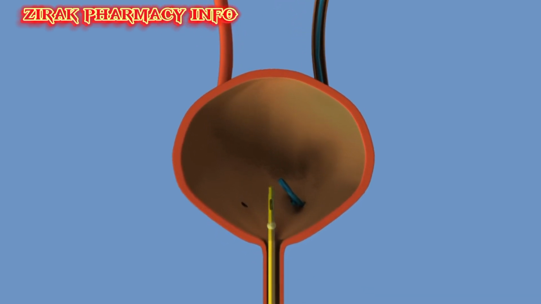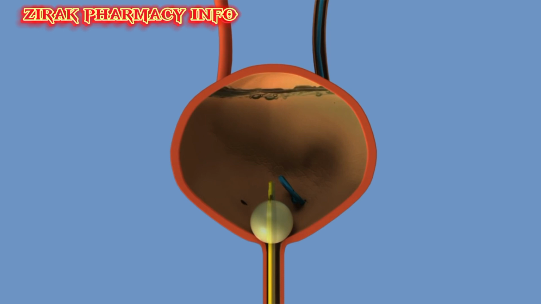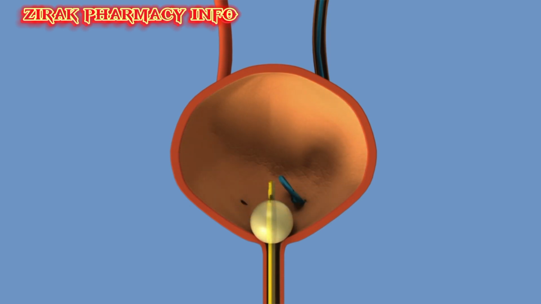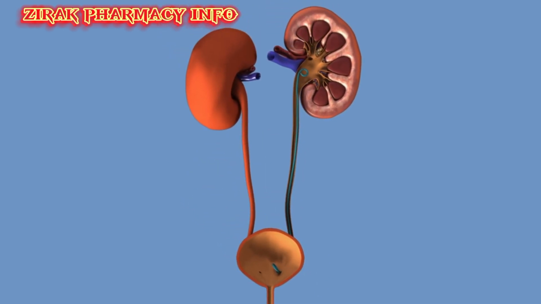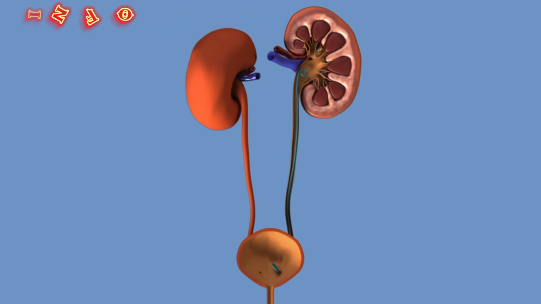A catheter, which is a tube placed through the urethra into the bladder, may be used to drain the bladder. This catheter remains in place with the use of an inflated balloon. The catheter and stent are usually removed shortly after the procedure. You can leave the hospital once